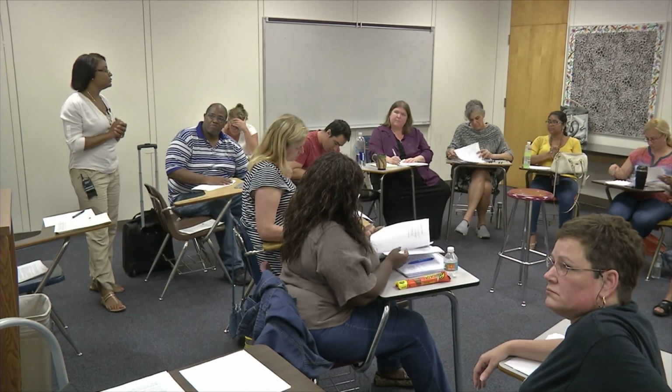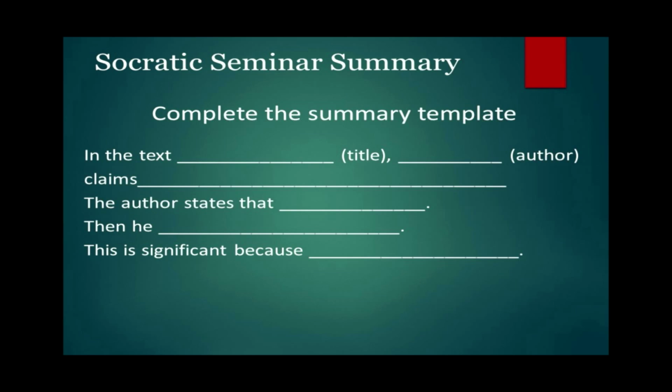So in the text, the author attempts to provide conflicting viewpoints on fidget spinners as a distraction in the classroom. Okay. The author states that, which could be one piece of detail. What does the author state? Schools are banning fidget spinners, even though other experts say they're of value. We can change that to a complex sentence. Then he or she closes with,